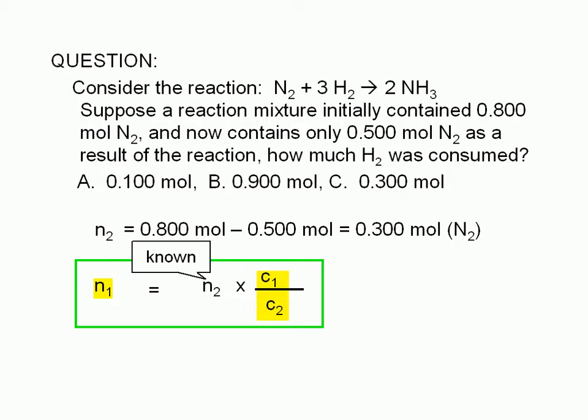We're given that the amount of nitrogen dropped from 0.800 moles to 0.500 moles. Therefore, the change in the amount of nitrogen is 0.300 moles. 0.800 minus 0.500 equals 0.300. This is our N2. We multiply it by a conversion factor